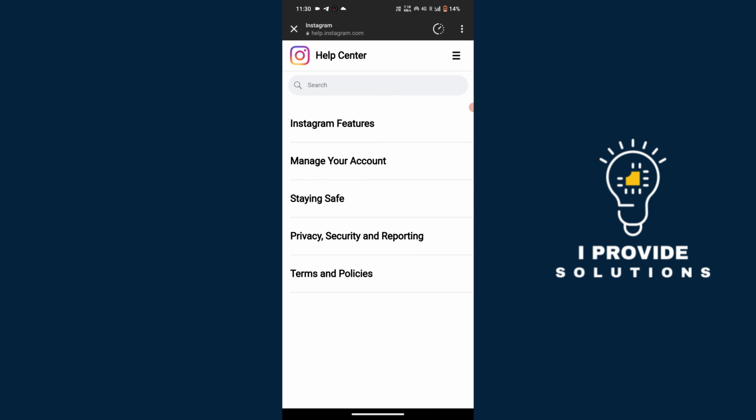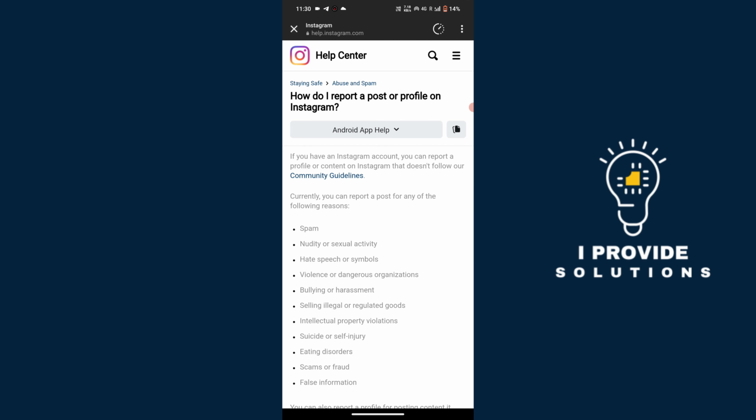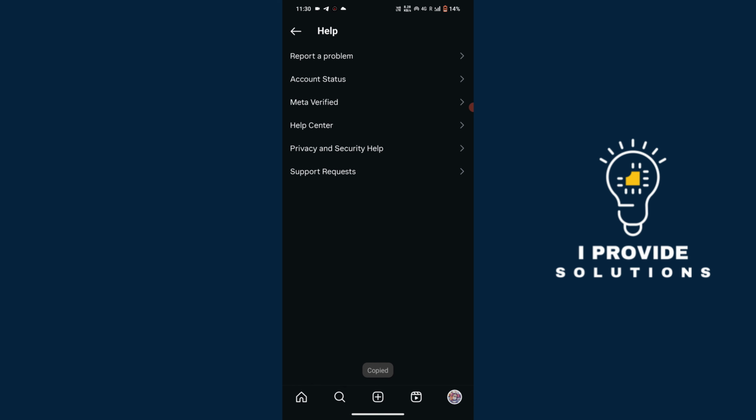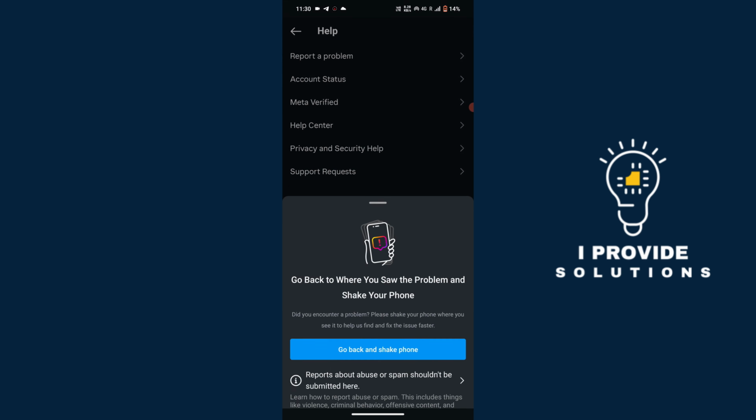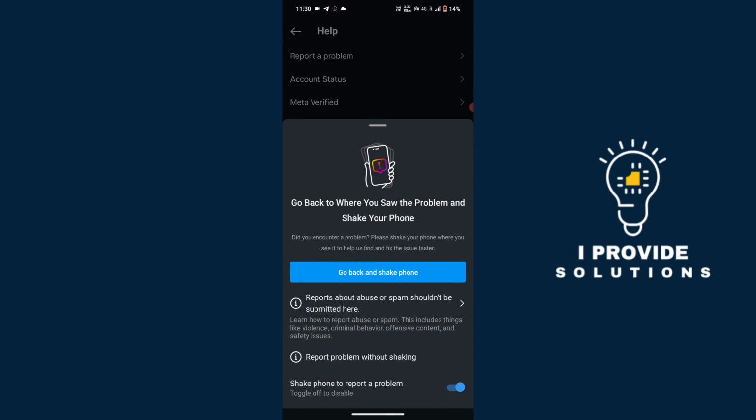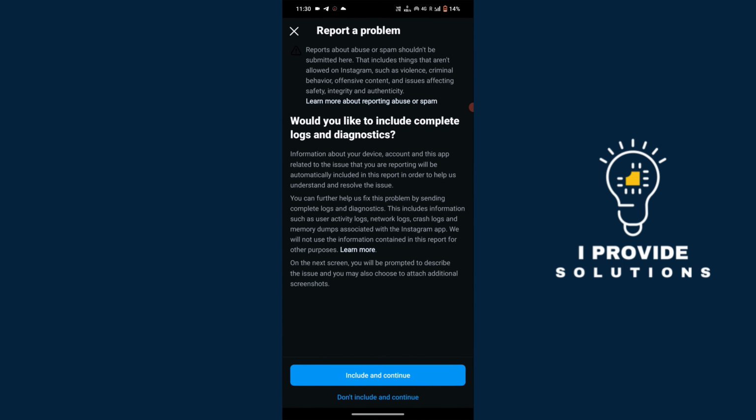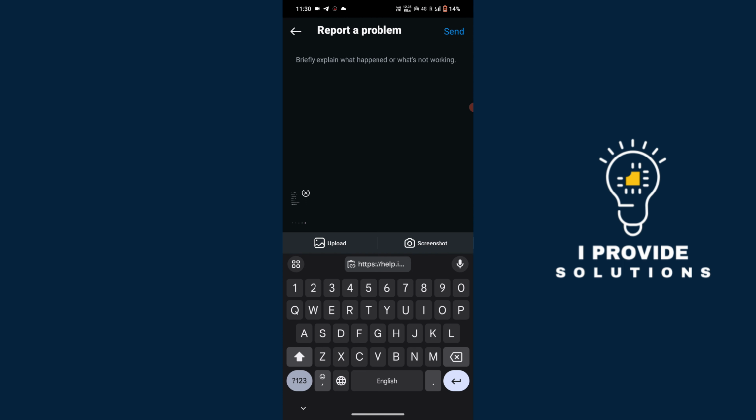So I will show the other option also. Here I tapped on this, so here I was reporting the problem, and here I clicked include and continue, and here I was giving my problem and what my problem is